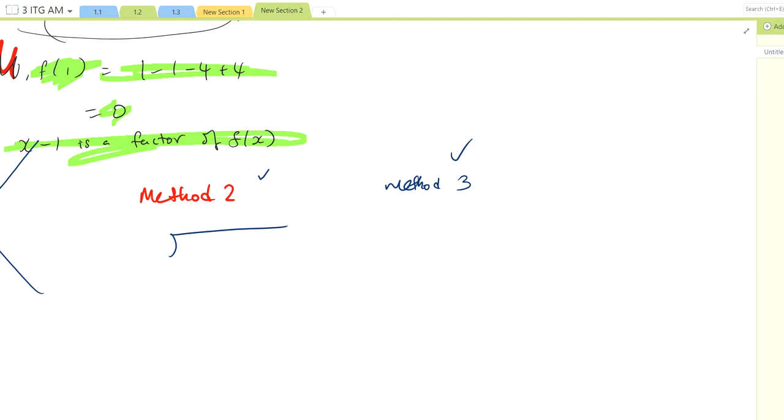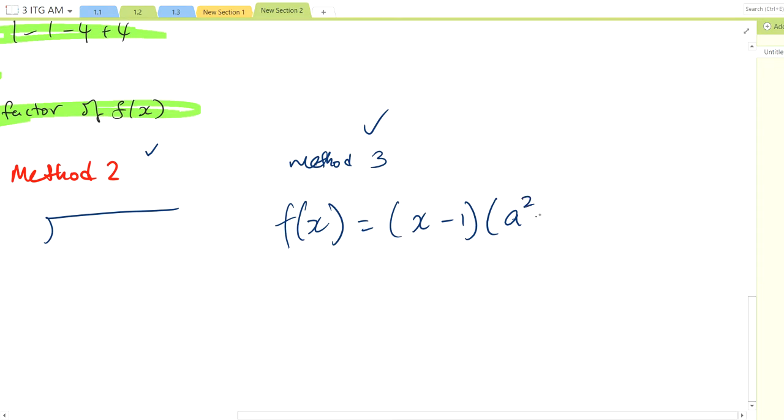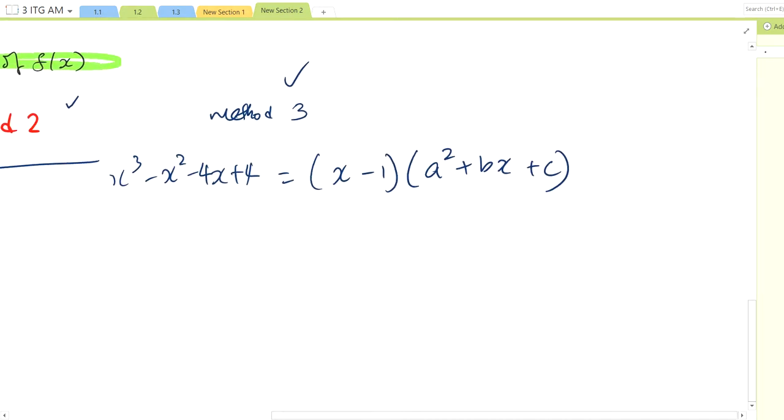Method number 3 requires you to write this. f(x) equals (x minus 1) times... Then we know it is quadratic. It must be degree 2: ax squared plus bx plus c. Then our f(x), we can rewrite it over here, which was x cubed minus x squared minus 4x plus 4. If we try using comparing coefficient, or rather we call it by observation,